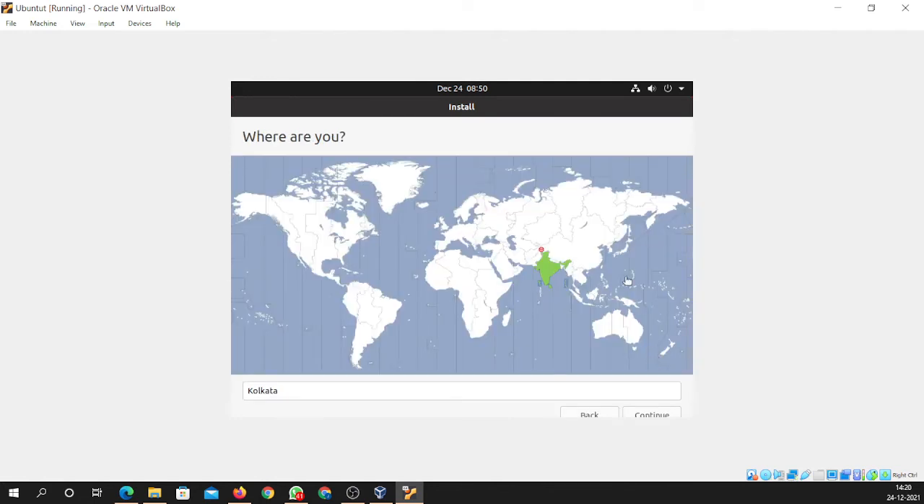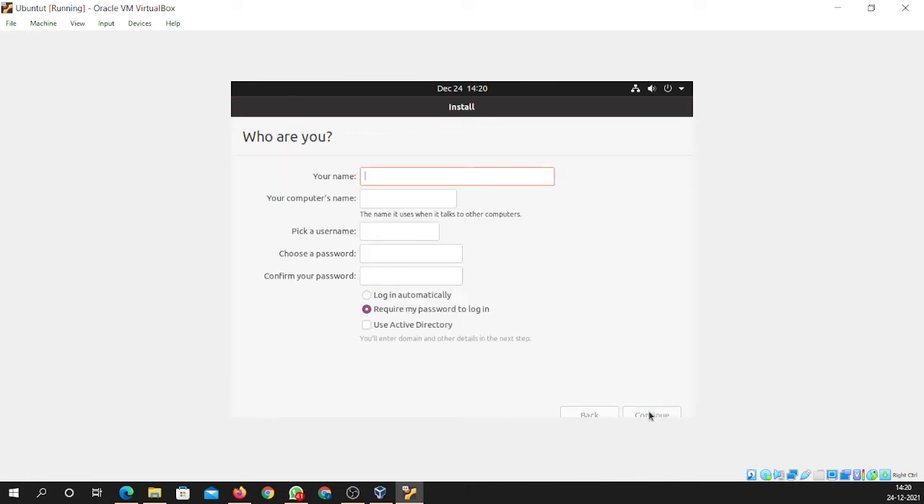So yeah, here you have to fill up the region. Here I am in India, so I am selecting Kolkata. If you are from other countries, then you can select as per your need, right? And then here you have to fill up the name, let's say XYZ, right? And then you have to choose a specific password, whatever